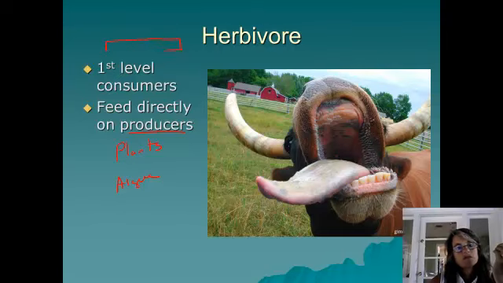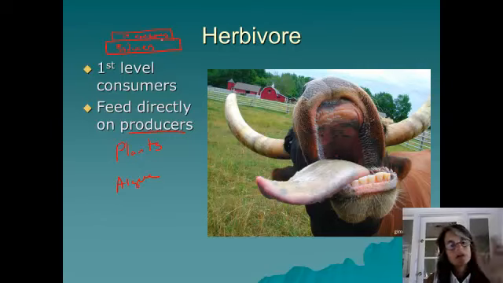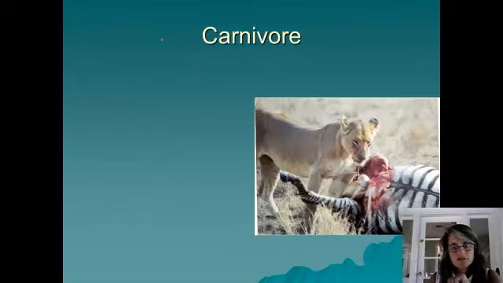So if the producers are the base of your food web or your trophic levels, we'll talk about what that means in a minute, but if your producers, your plants, are on the front line, they're the ones that are going to harness this energy of sunlight. Then the first level consumers or primary consumers are going to sit on top of them, so to speak, eating the producers and thus harnessing the energy that the producers captured. And so those are herbivores. They are strictly plant eaters.